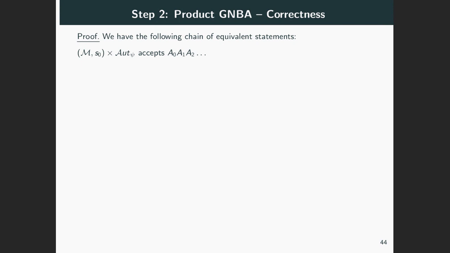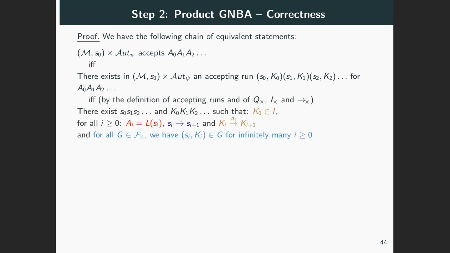The product automaton accepts this sequence, A0, A1, and so on, just in case there exists in this automaton an accepting run for it. The states of the product automaton are pairs of states S in M and states K in aut psi, so a run is of the form S0, K0, S1, K1, and so on. Now, applying the definition of an accepting run and the definition of the states, the initial states, and the transition in the product automaton, we see that the previous statement is equivalent to the existence of an infinite sequence of states S0, S1, and so on in M, and an infinite sequence of states K0, K1, and so on in aut psi, such that